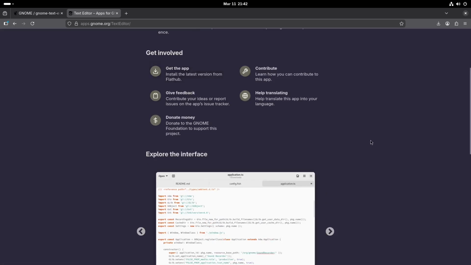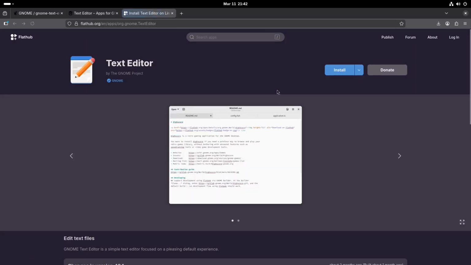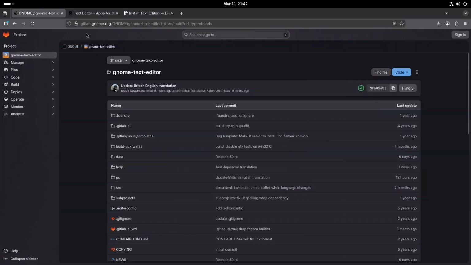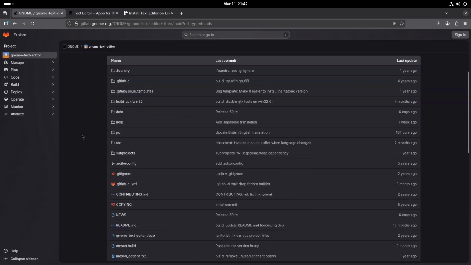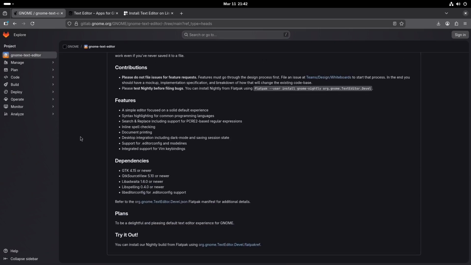Okay, so you have two choices. You could use this one, the Flathub, and gitlab.gnome.org. As you can see, these are the two websites that we could go through to download and install your